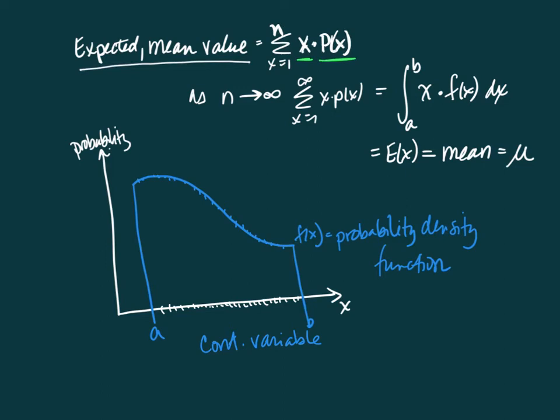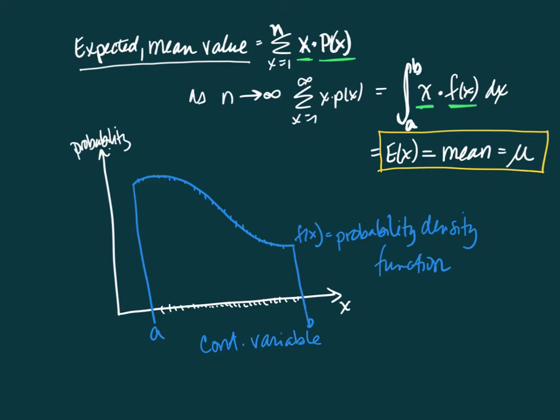Well, we use a definite integral to compute this infinite sum. And so we basically take that x times now the probability density function. Rather than individual probabilities, I have a function that's represented by that. And so we can use that to compute what is called the expected value or mean of this probability density